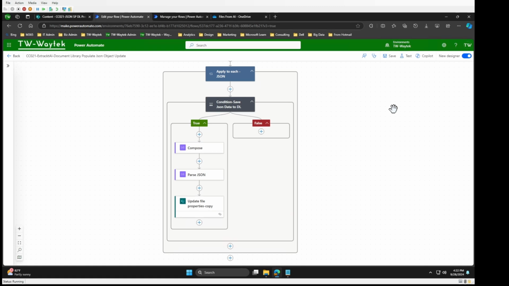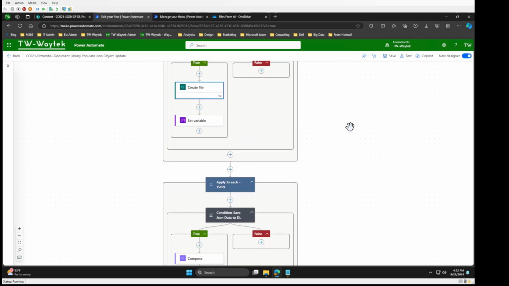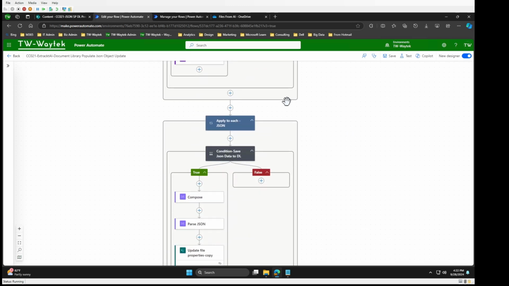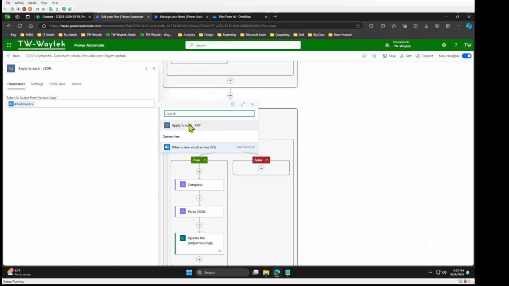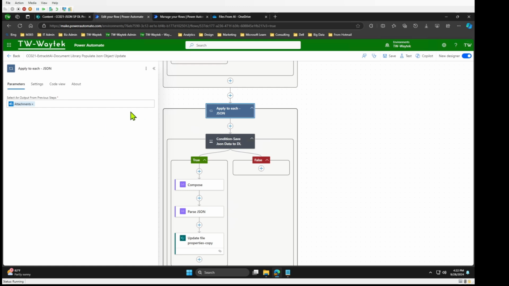Okay, so the next part of our flow, we're going to look for the JSON file and grab its content and then save that content to the SharePoint document library. So the first action after our last action is, we'll start with apply to each, and we're going to, under dynamic content, choose attachments, should be your only option. Under the Outlook